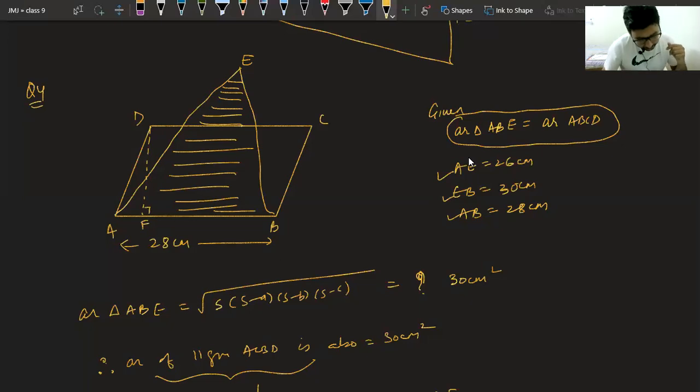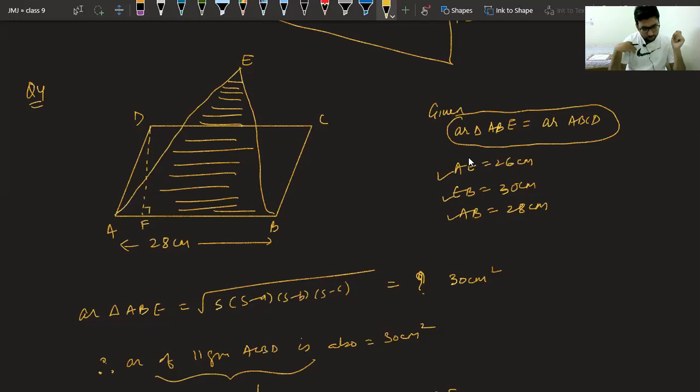Yes, beta, we have to first take the value of S. Ojaswini, I have not solved the question. I'm just trying to make the concept clear to you so that you can solve it at your home. Okay? You can easily find it. I have made you competent for all these things. You can find S easily. You can find the area easily. No issue is there. Okay, sir. Okay, beta. Now, Ariman, beta, are you able to understand that three sides are given to you? Ariman, if you observe, AB is given to us, EB is given to us, and AE is given to us. That's why I was able to find the area of triangle ABE.